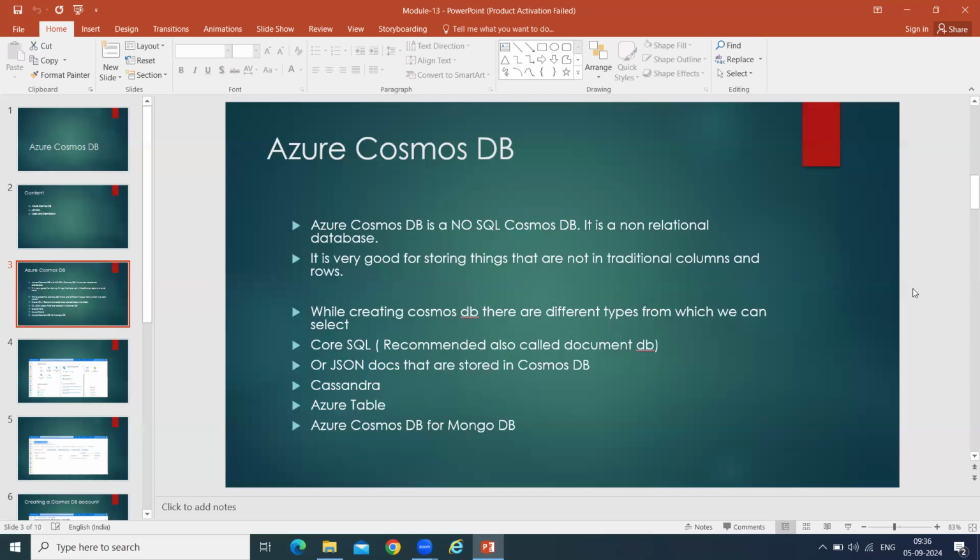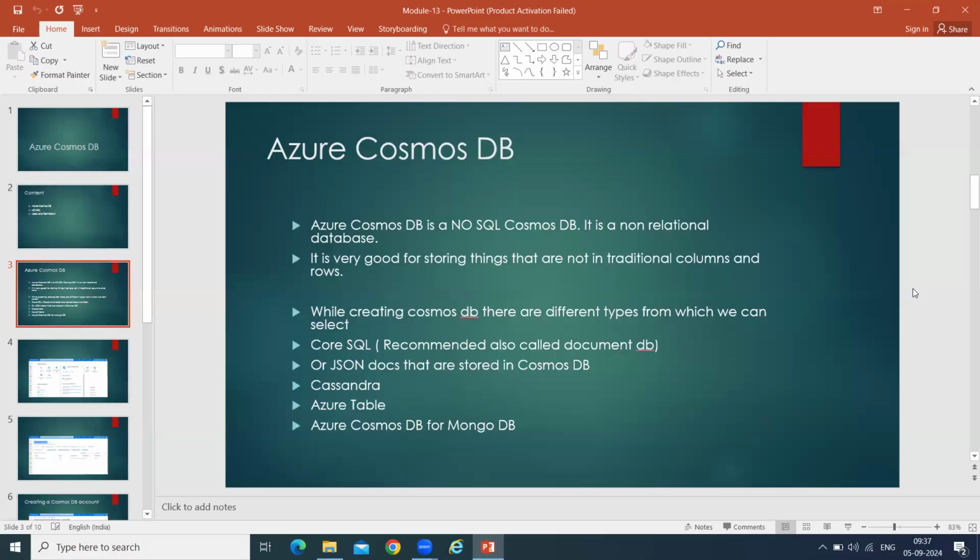There are two menus. In the recommended APIs menu, I am able to see NoSQL and MongoDB, and in the others menu I see Cosmos DB for Table, Cosmos DB for Apache Cassandra, and Cosmos DB for PostgreSQL. So you need to check for Core SQL.